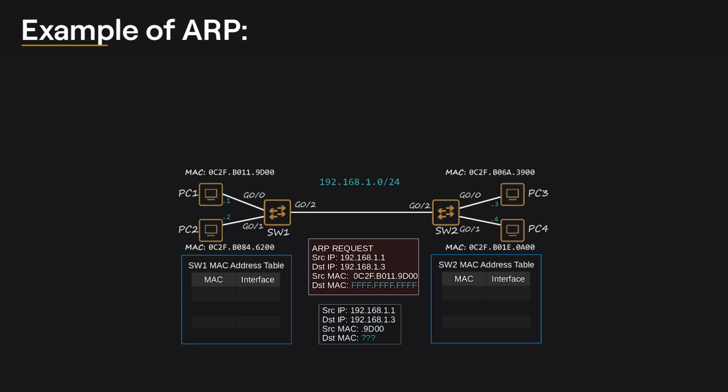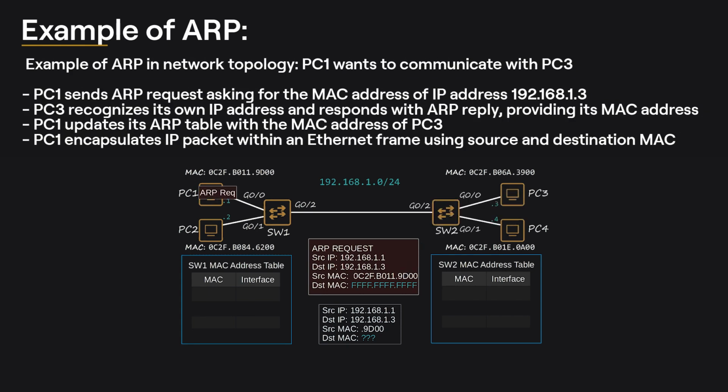Suppose PC1 wants to communicate with PC3. PC1 knows the IP address of PC3, which is 192.168.1.3, but it doesn't know the MAC address. So, PC1 sends an ARP request broadcast message asking, who has the IP address 192.168.1.3? This ARP request is received by all devices in the network, including PC3. PC3, recognizing its own IP address in the ARP request, responds with an ARP reply message saying, I have the IP address 192.168.1.3, and my MAC address is